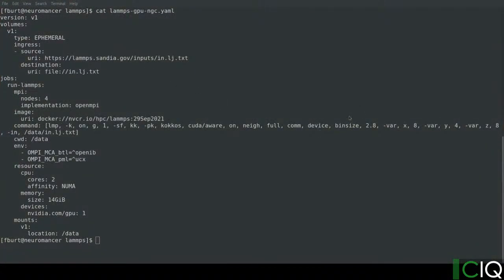So really quickly, I'll go over this workflow definition that we have here so that we can know what it's doing. Up here at the top, we have the version field. This describes the version of our DSL that this workflow is written in. We then have the volumes field, and this section delineates the data volumes that should be set up for this workflow. We're only going to set up 1 volume, and it's of type ephemeral. An ephemeral volume is